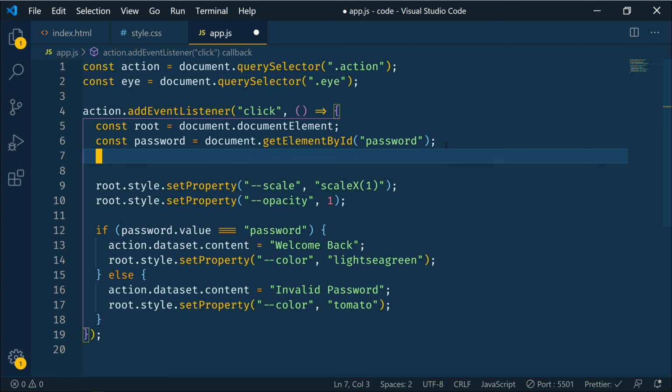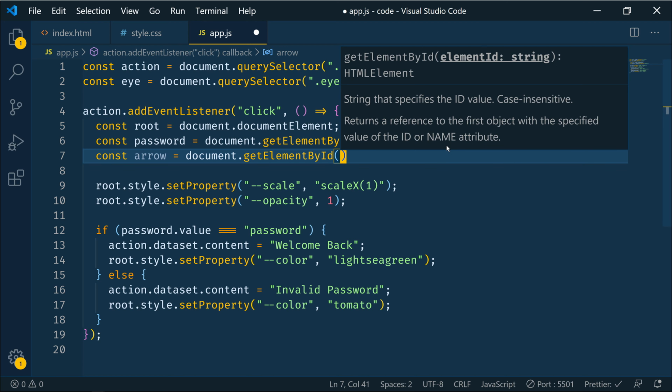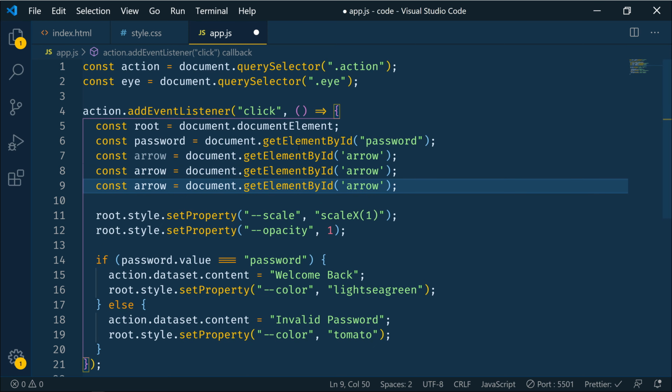So here we'll create another constant and we'll call this arrow. That's going to equal document.getElementById, and that was arrow. Let's duplicate that 2 times. So we had our arrow, we have our check, and we have